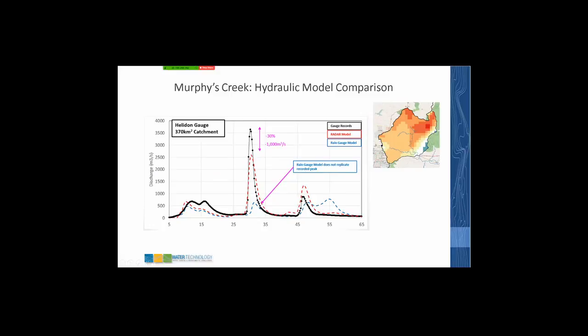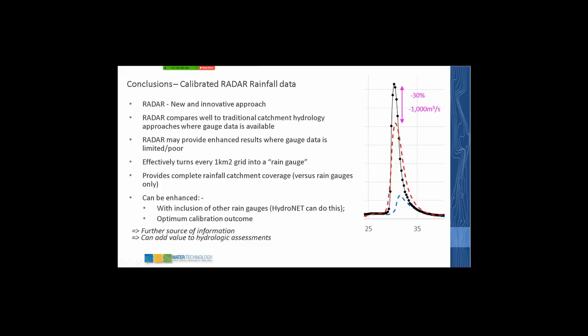Whereas if you use the calibrated radar model, you get this red curve here. Clearly there is some discrepancy here. There could be multiple reasons for that discrepancy, but this was the example that really highlighted to us the stark difference, where by interpolating on rain gauge surfaces, you could effectively miss flood events that the Rainfields data set gives to you. We're quite excited, because there's another data set here where you have radar coverage, which can potentially give you a really valuable additional data set on top of your rain gauges that will really